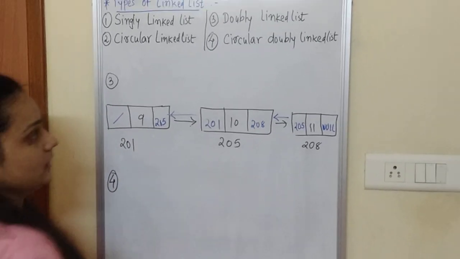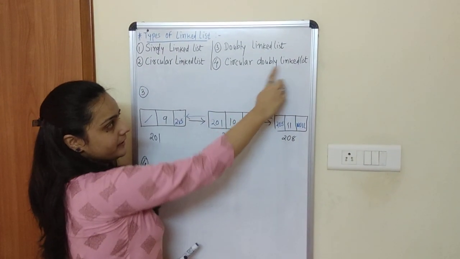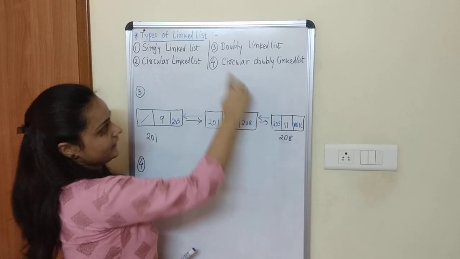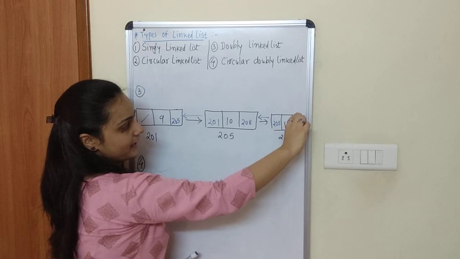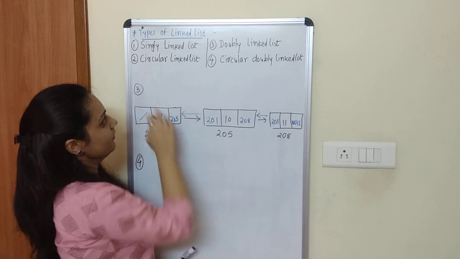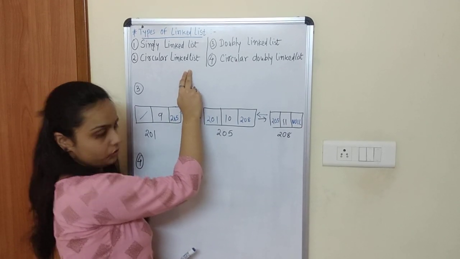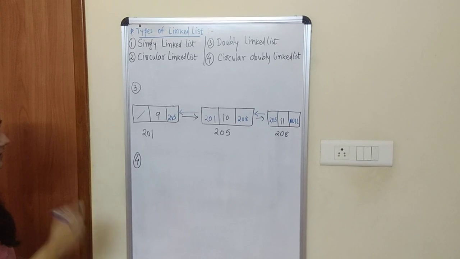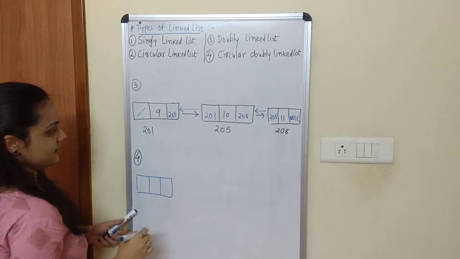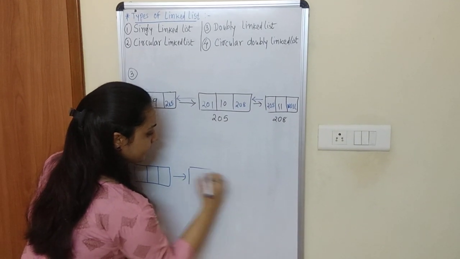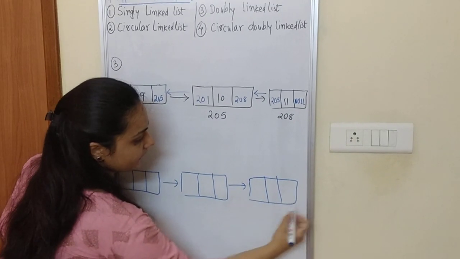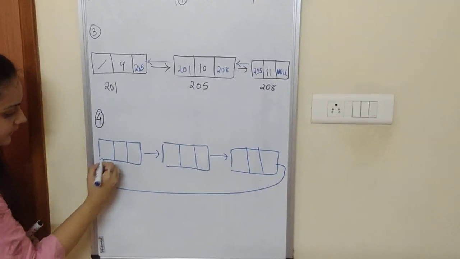Again here, as it is mentioned, doubly linked list, so the linked list will be same over here, but it is in a circular fashion. So I have to connect the last node and the first node, which we have done in the circular linked list also. Okay. So I am taking the same example. So the node looks like this: first, second and third. And I have to connect this with this.